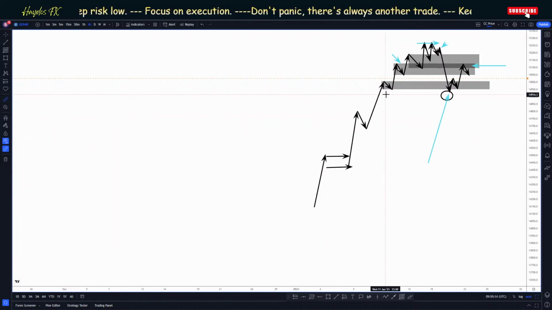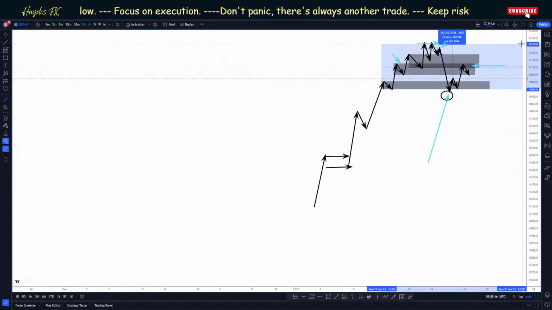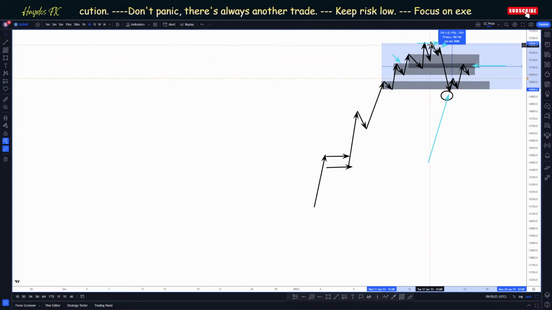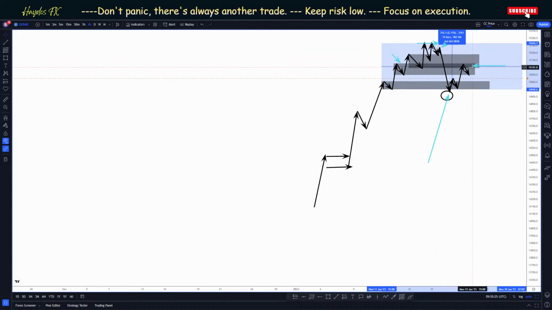If I do that, is it going to put everything back on? No. So see here, this is the middle between the third structure and the high, and we're in the 50%. So the 50% is kind of like, where am I going to go? Yeah, if you put the price action back on again,